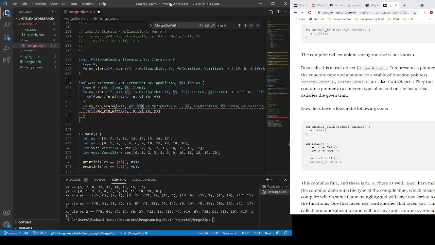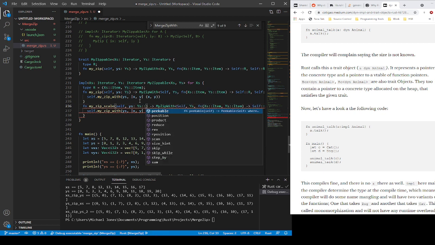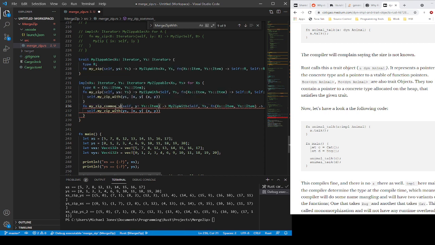Okay, here's what we're going to do. We're going to take in a y, just a single y. And this is actually going to be zip common y. All right? There's no reason we can't do this. And so what we're going to say is, except we still need to have the y's